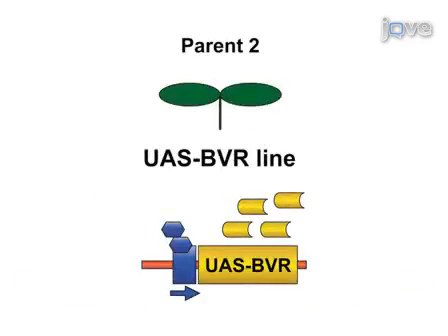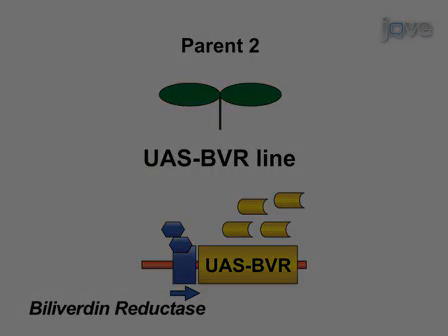Parent 1 was crossed with parent 2. In parent 2, the BVR gene is under the control